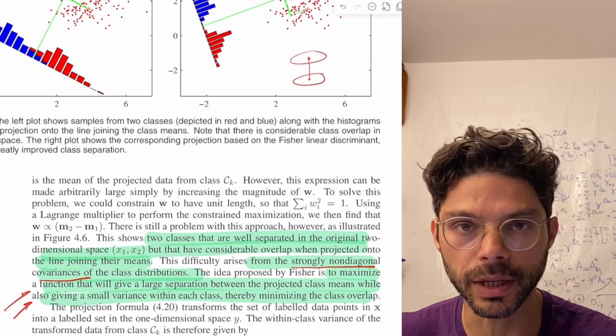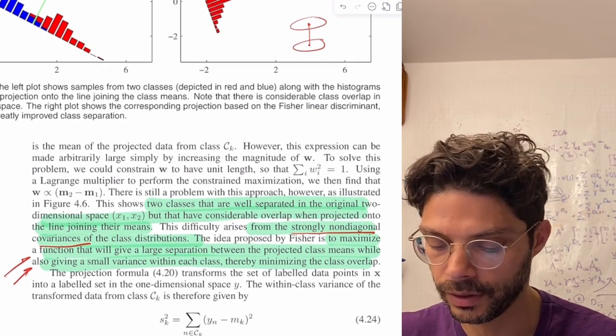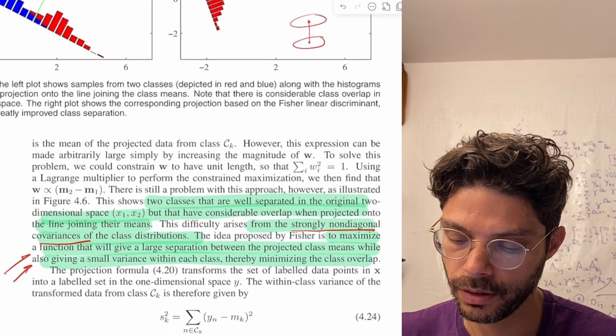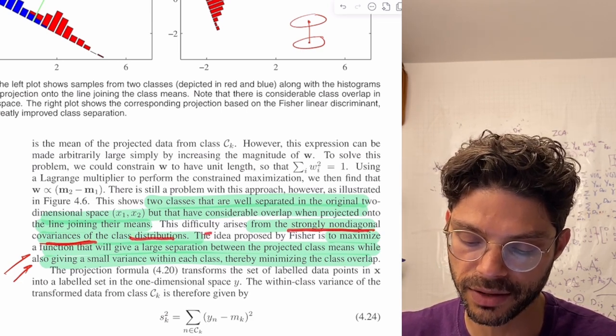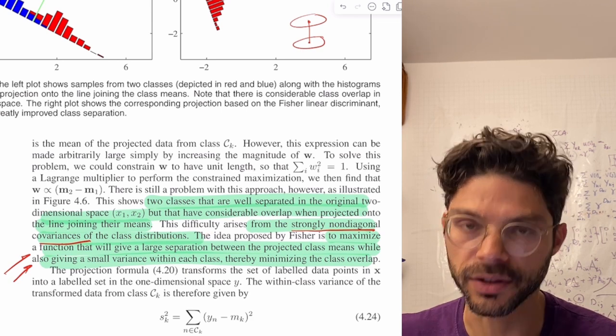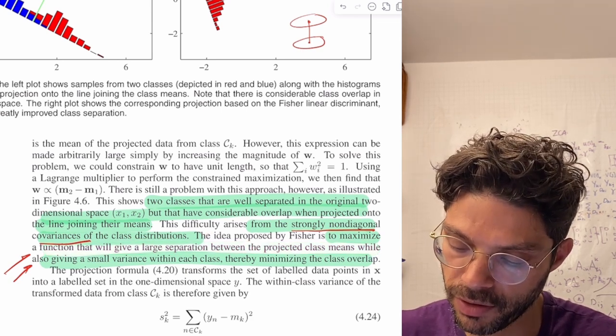So the mean idea is not exactly what we want to do. This difficulty arises from the strongly non-diagonal covariances of the class distributions. So now this is a key bit. The idea proposed by Fisher